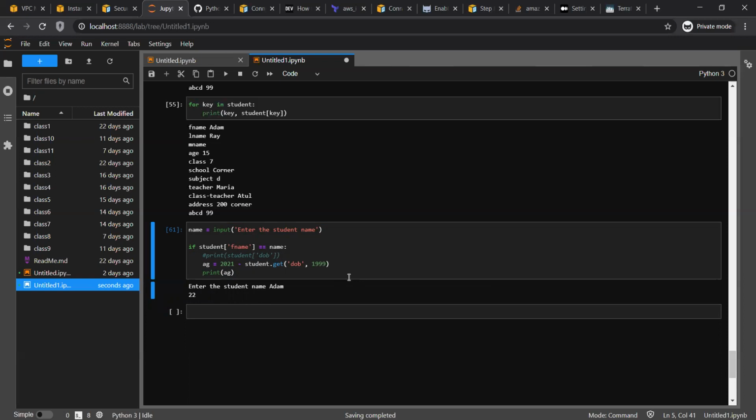That's 22. The reason is because this time, if DOB exists, it will return me that DOB. Otherwise, it will assume that student was born in 1999, do the calculation, and return me the age.